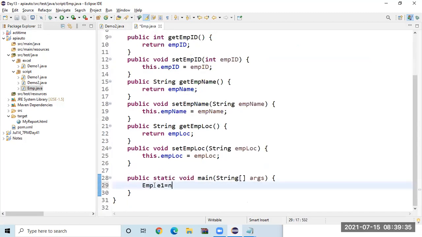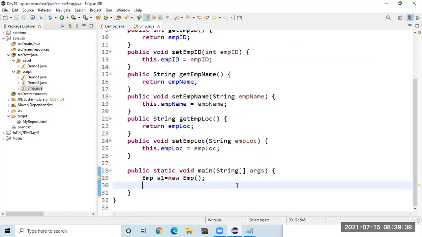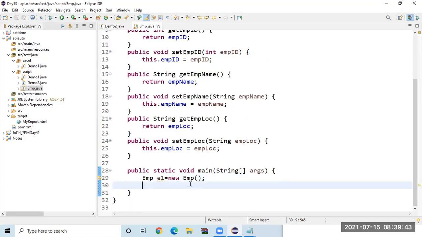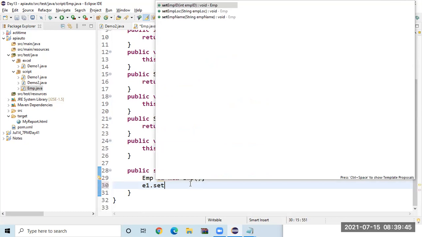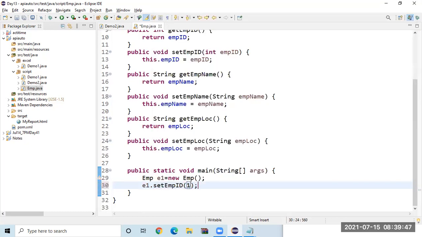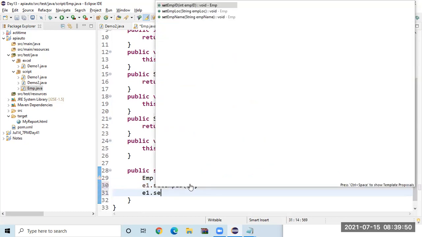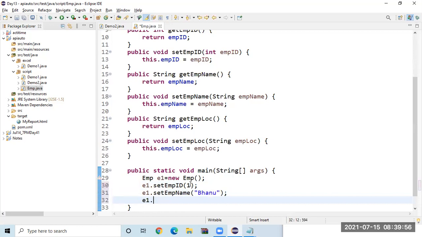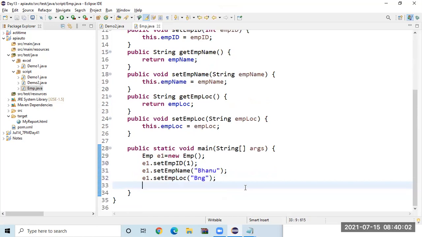Emp e1 is equal to new emp, and if you want, you can set the name: e1 dot set employee id 1, e1 dot set employee name Banu, e1 dot set employee location Bangalore. Like this, you can create any number of objects.